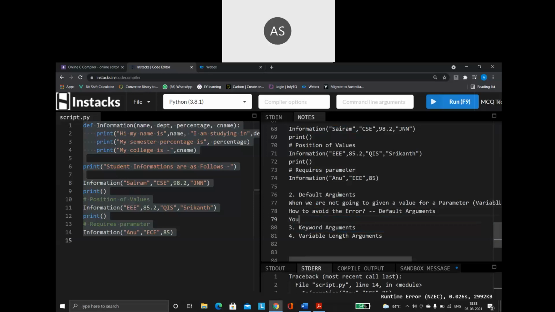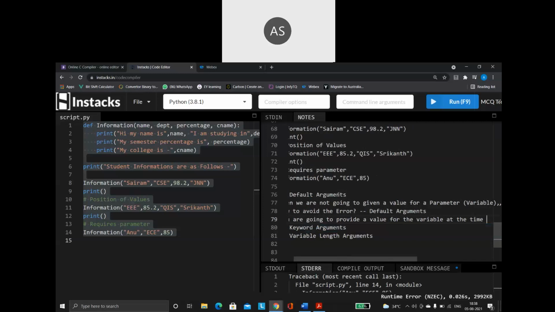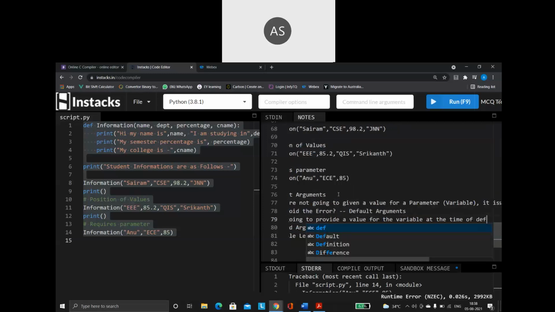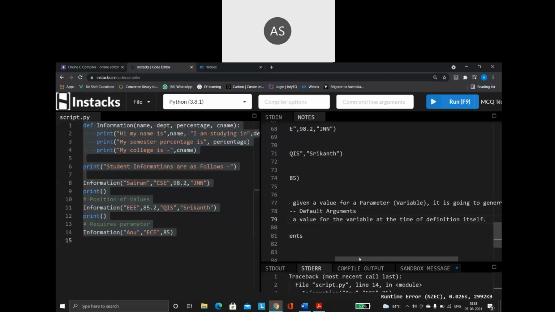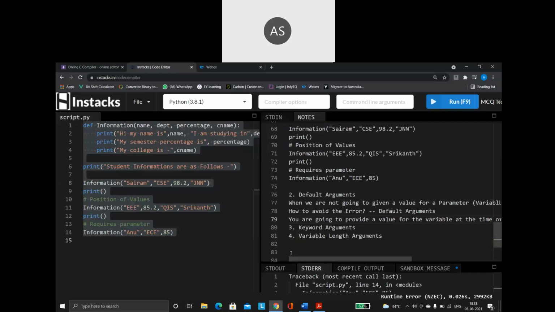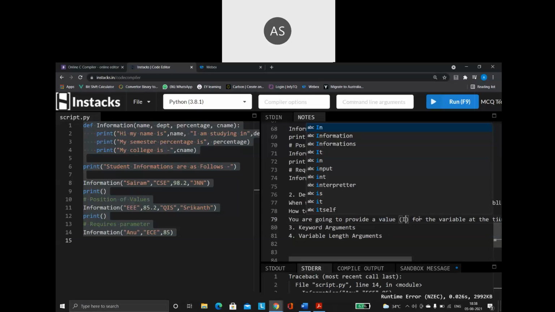You are going to provide a value for the variable at the time of definition itself. That is, provide a value, in the sense, what do we mean by this? Initialize. So provide a value means what? Initialize.